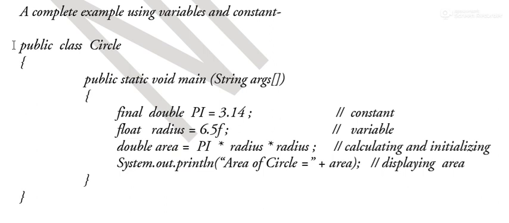Look at this program. In this program, a constant is declared here: final double pi = 3.14. Here double is a data type, and final is a keyword that makes this variable constant. Now we cannot change the value of pi. The second variable is radius of float data type and we store 6.5. To calculate the area, we write pi * radius * radius according to the formula pi r squared.